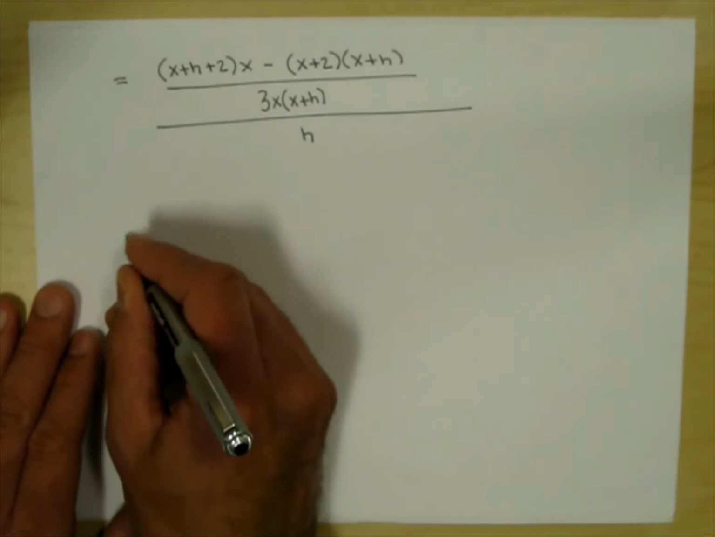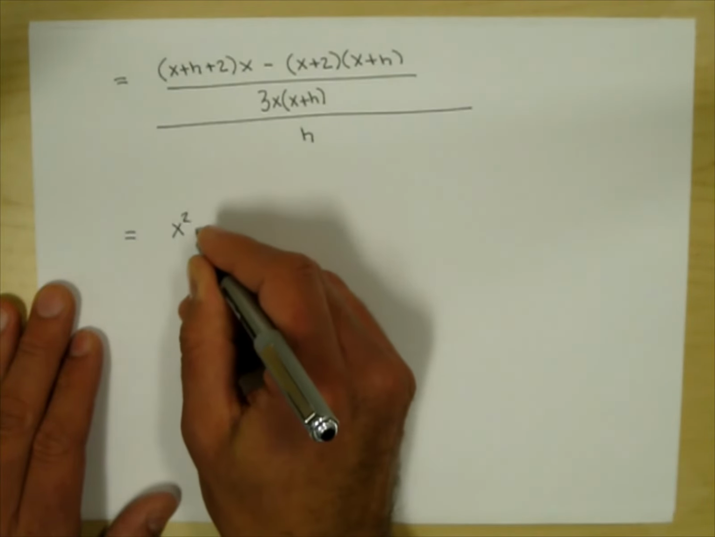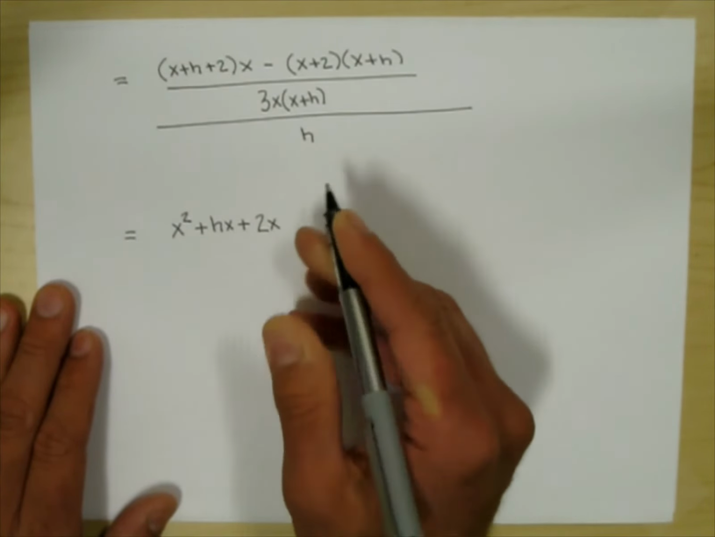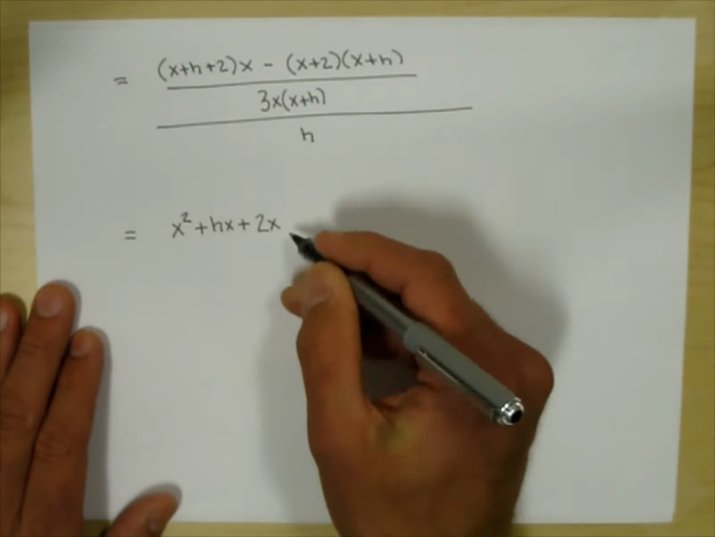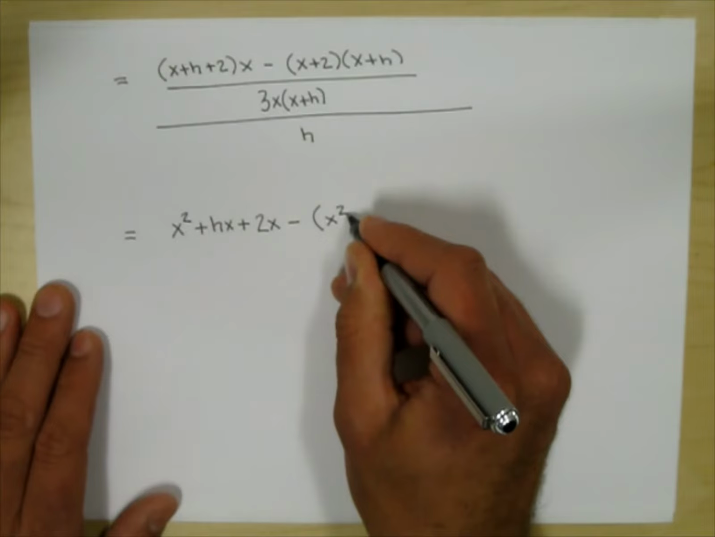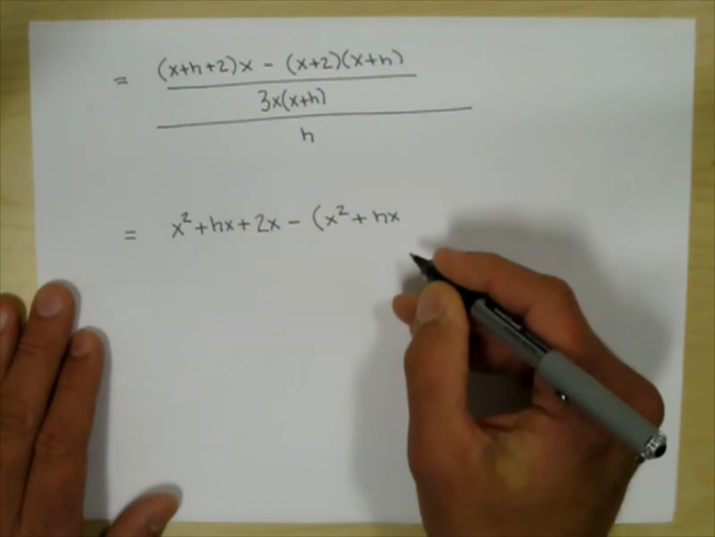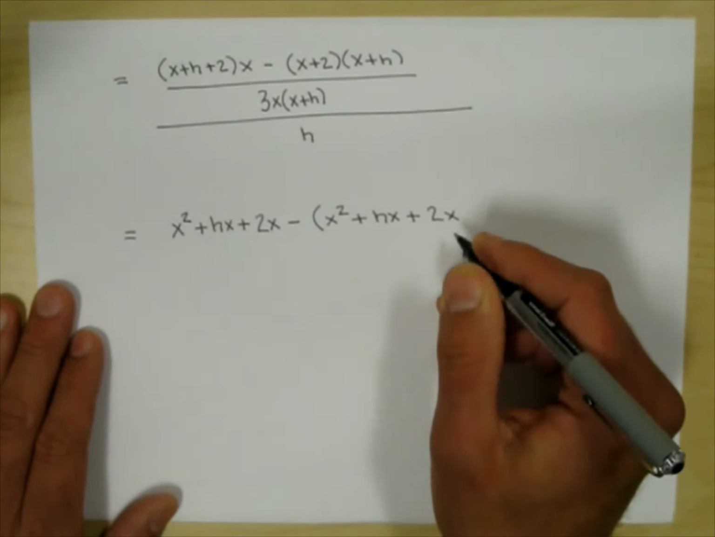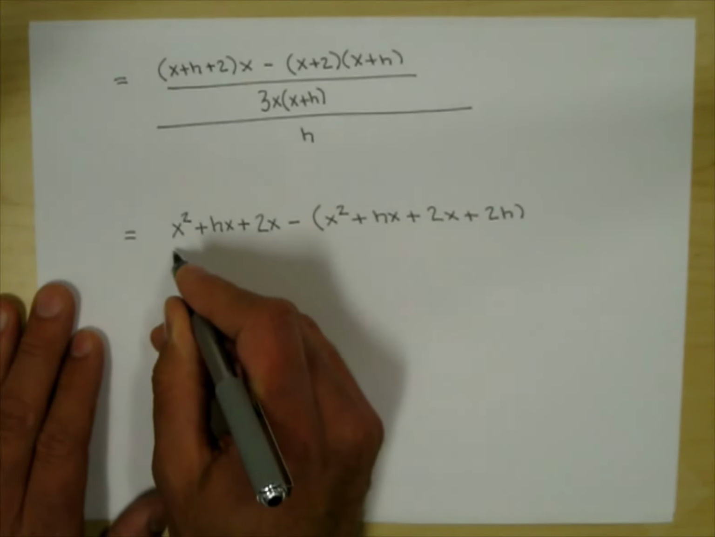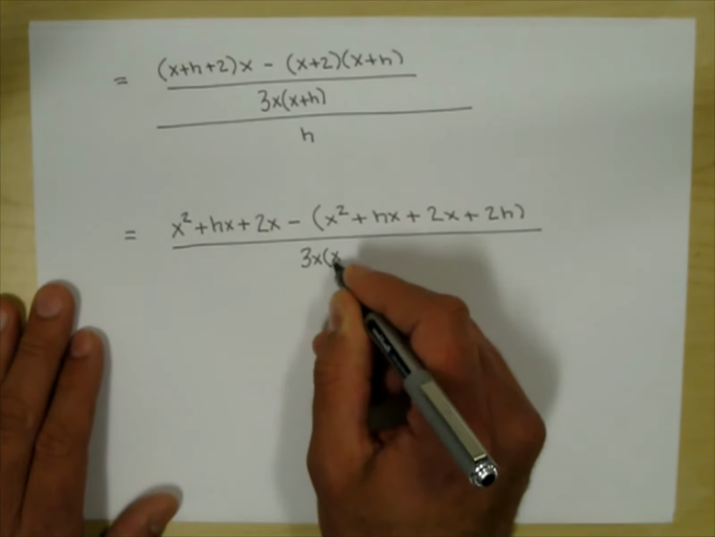Okay, so now on the top, I'm going to go ahead and distribute the x. So I'll have x squared plus hx plus 2x. Okay, so that's that one right there. I'll keep the minus there, and then we'll have a FOIL, which is first x squared, outside hx, keeping things alphabetical, inside 2x, last 2h. This is all over 3x times x plus h